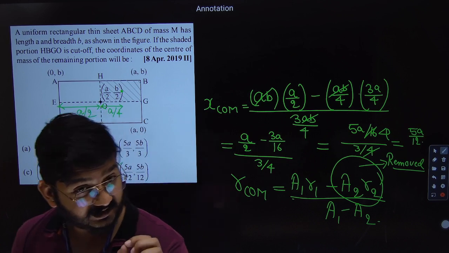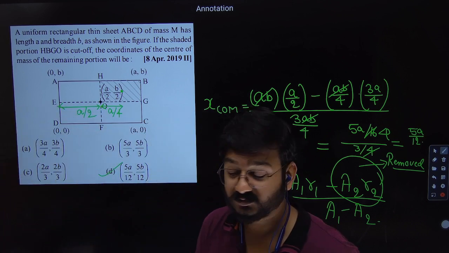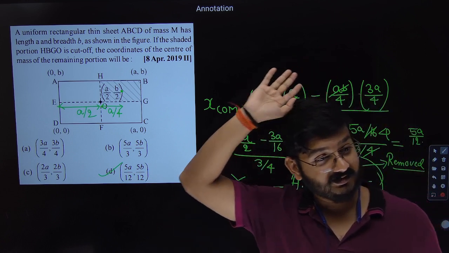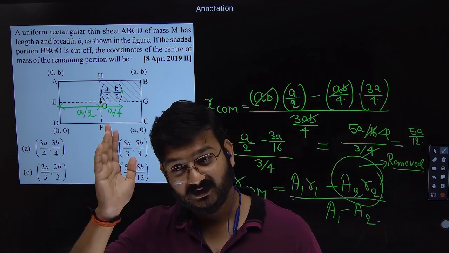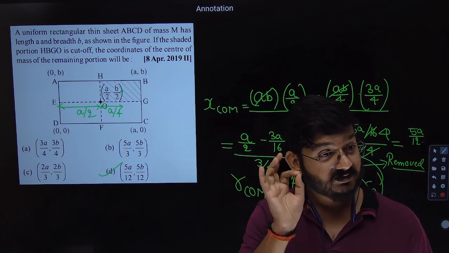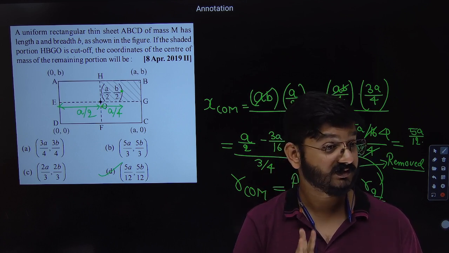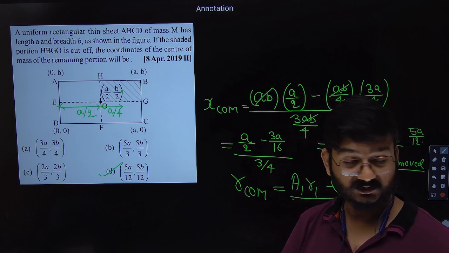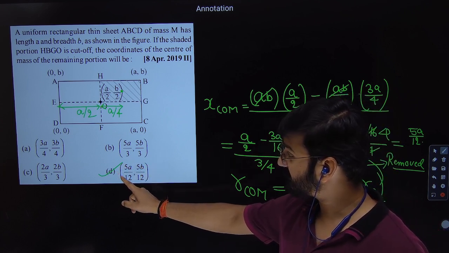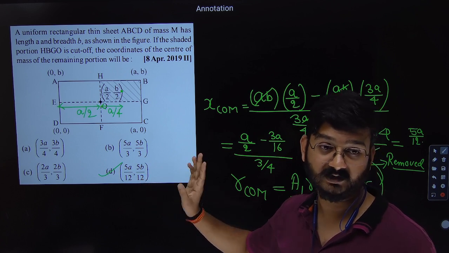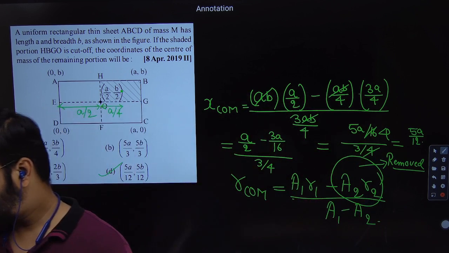Okay? Always read the options. Otherwise, some students don't see that there is only one option, and they start solving Y also in the flow. Always observe the options when you solve an MCQ. It will always be helpful to you. You'll save time. So this question has been designed in such a way that you save your time and don't spend time calculating Y. Okay. So this is the story of center of mass.